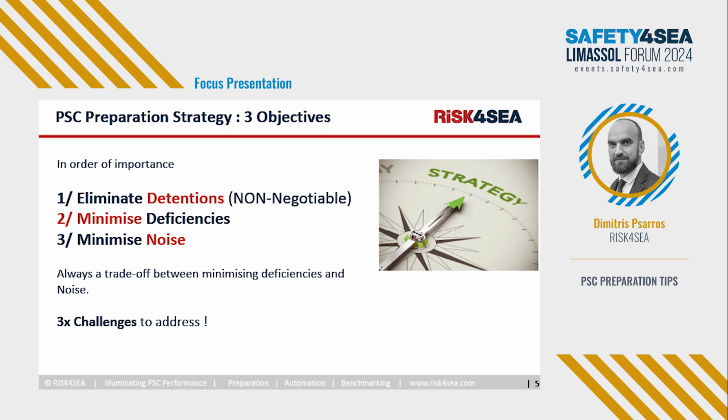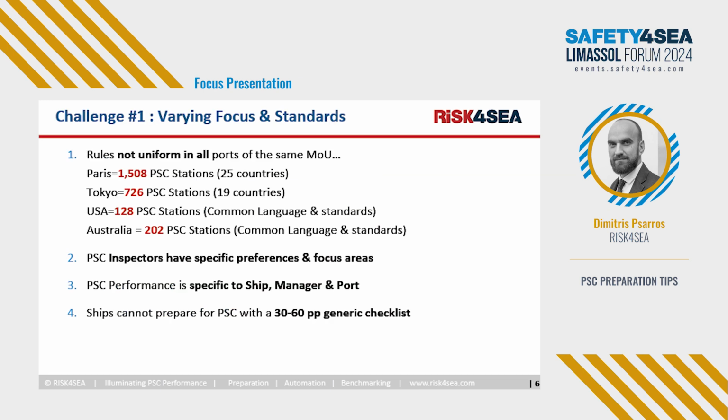And we have 3 challenges to address. First of all, rules are not uniform in all ports in the same MOU. For example, in Paris MOU, we have 1,500 ports, 25 countries, different languages, different mentalities. In Tokyo MOU, we have around 700 ports, 19 countries, again, different languages, different mentalities. But in US and Australia, we have common language and common standards,